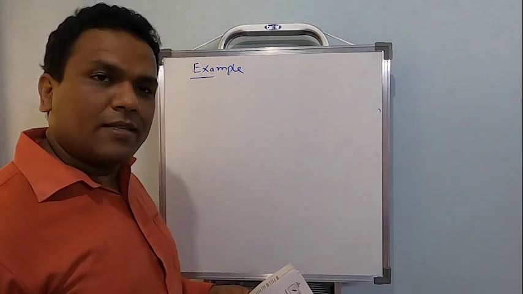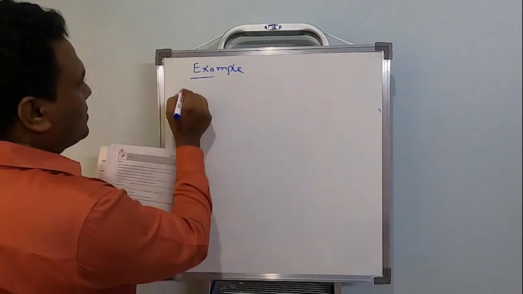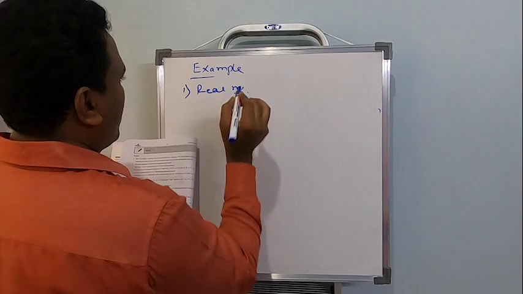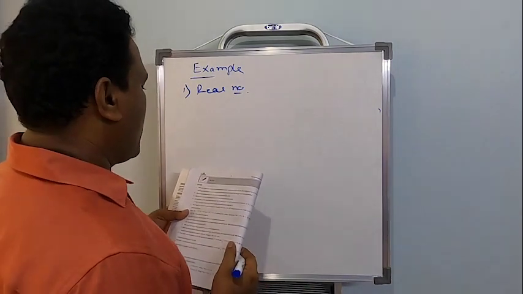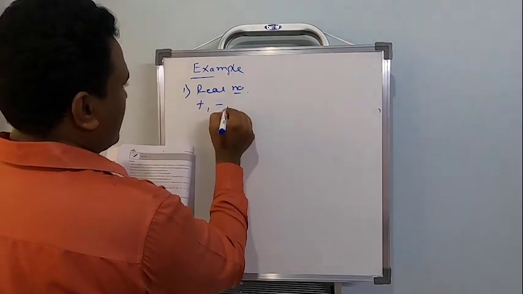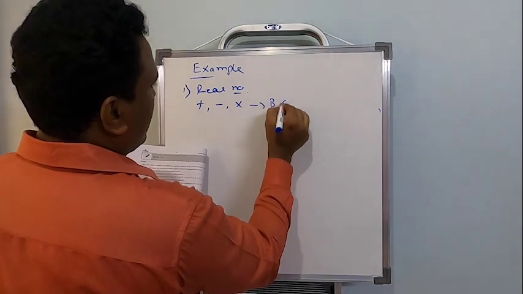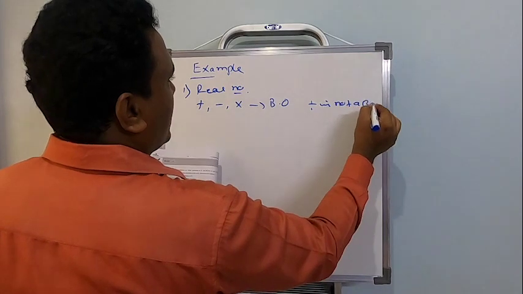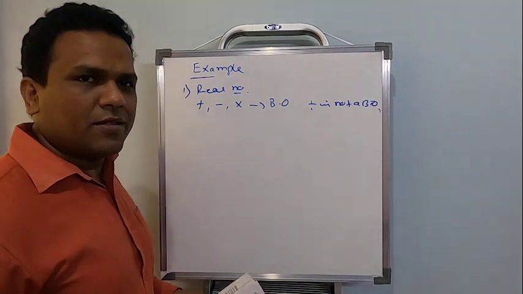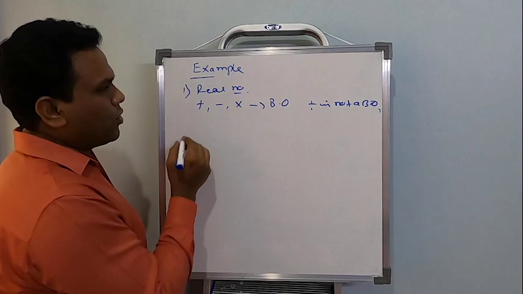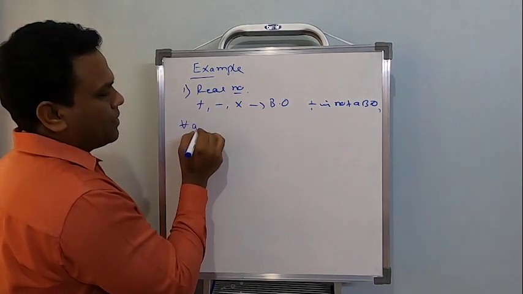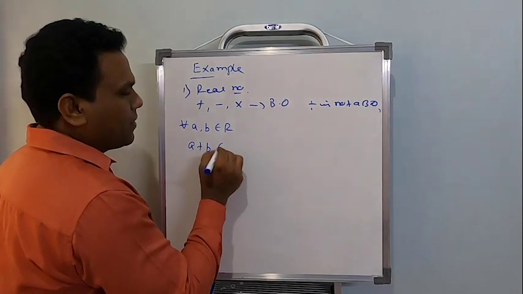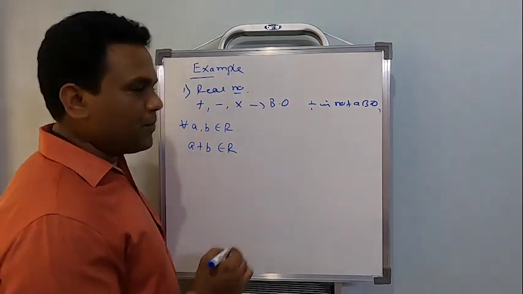So as you notice, there are 12 examples, and the first one is this. On the set of all real numbers, the full problem is based on real numbers. I need to show that addition, subtraction, multiplication are binary operations, whereas division is not a binary operation. It's quite easy for us. Now to check for a binary operation, whenever I take a and b as two real numbers, whenever I add two real numbers, the resultant is still a real number.